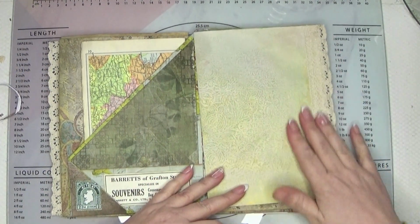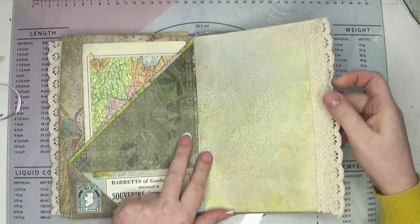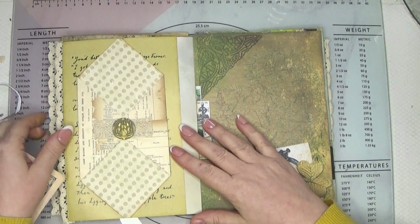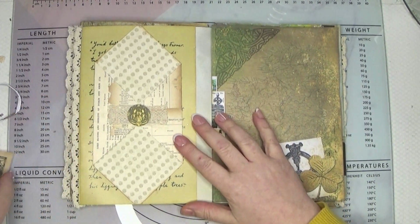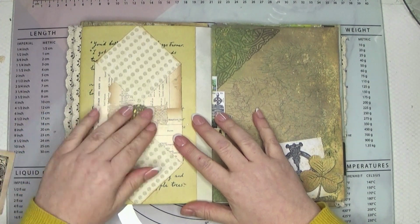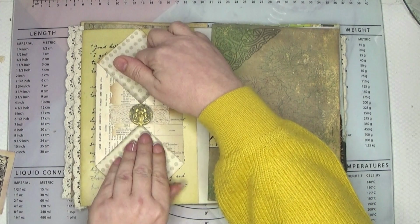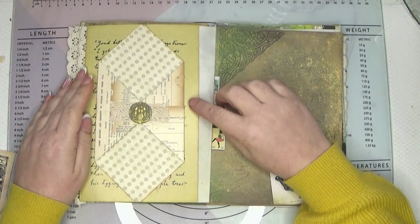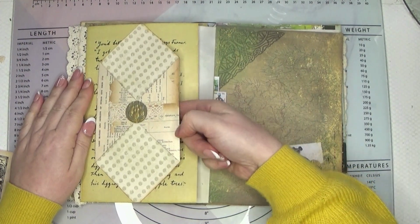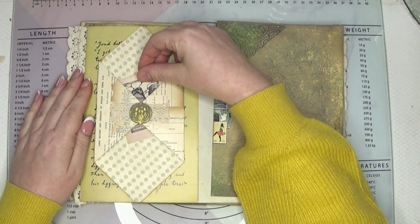Just a strip of lace on this page, didn't really need anything. I love that patterning on there, it's just so beautiful. And on this page I have my burrito pocket. Again, this was made in the 20 Ways to Kickstart Your Mojo video. Colours just worked so perfectly in here. So it's a burrito pocket, so you tuck something in there, but I've also made it into a belly band so you can tuck behind it. I have a piece of paper to show you these things. So tuck in there,